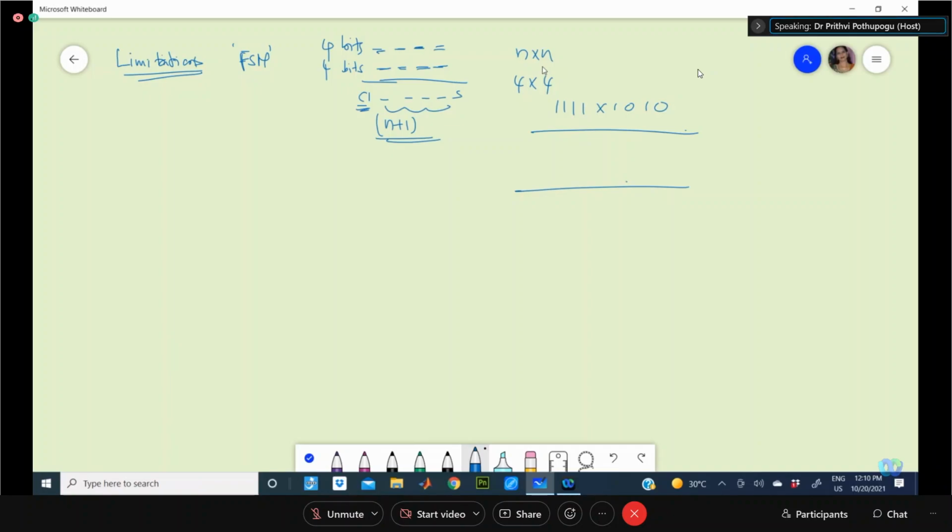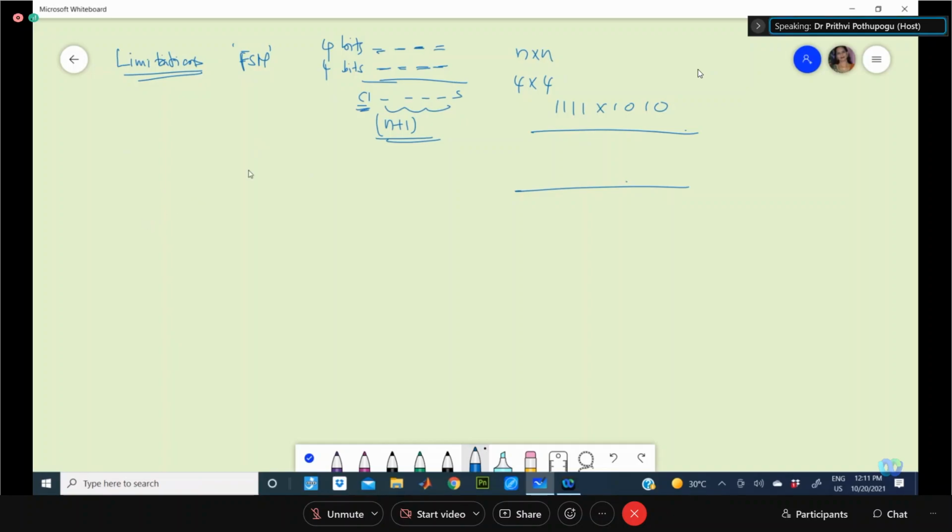So wherever we have this type of limitation or capability point coming into the picture, we have to limit the design such that it does not exceed its capability. The result size should be within the limit. If it is more than that, then the design will be a failure, and you have to go for alternative methods of storing the data. That is one limitation or capability within an FSM.